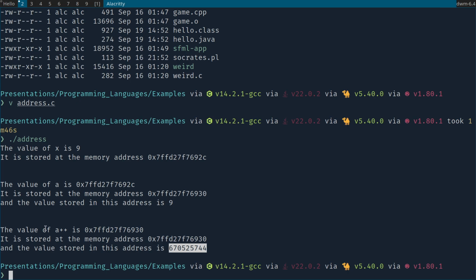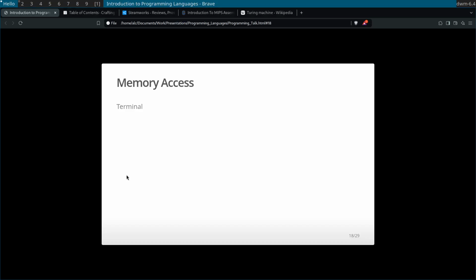But C, for the most part, will let you do this in the beginning, which is why some people call C and C++ languages that allow you to shoot yourself in the foot. And some people like that. Some people like that they have control, and they don't like that languages like Java or Python take that away from them when they're designing stuff. But some people like the safety of Java and Python. So it just kind of depends what kind of person you are. And that's why memory access and garbage collection are interesting things to think about when choosing a language.